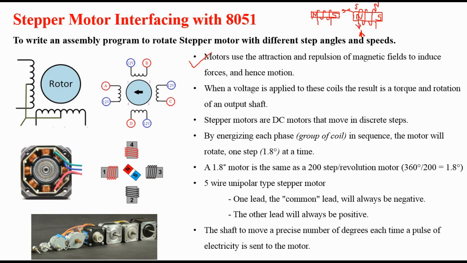Now whenever a magnet gets attracted or repelled, you will observe that some displacement will occur and it will start moving. So this is the basic mechanism with bar magnets. The same principle is applicable to the stepper motor. Here in this animation you can see we have the magnetized shaft which keeps on rotating in the middle, and here there are coils, coil number 1, then 2, 3, 4.